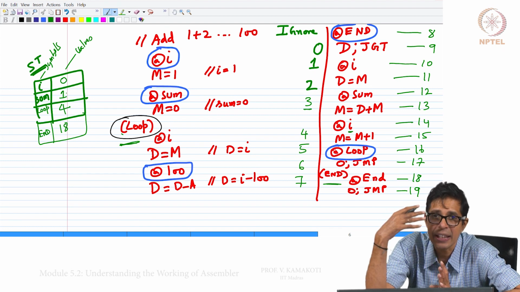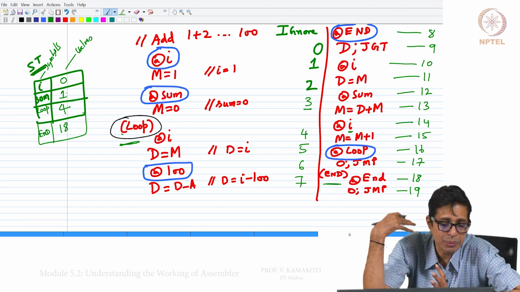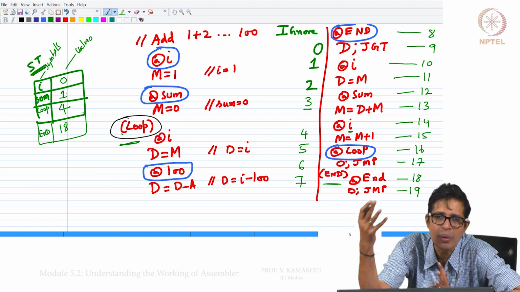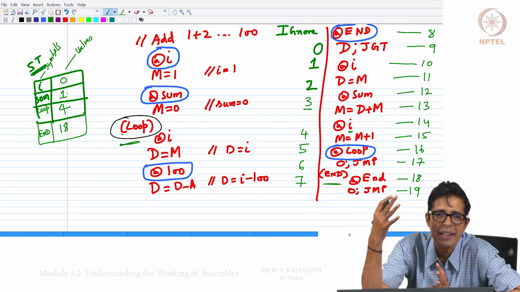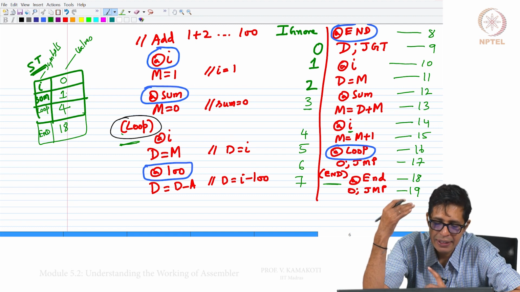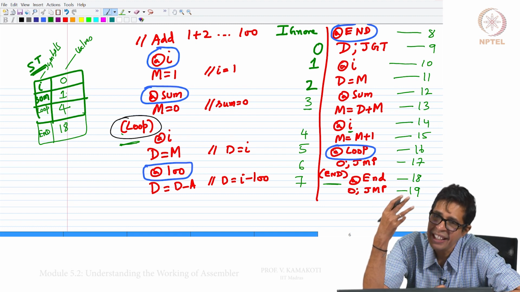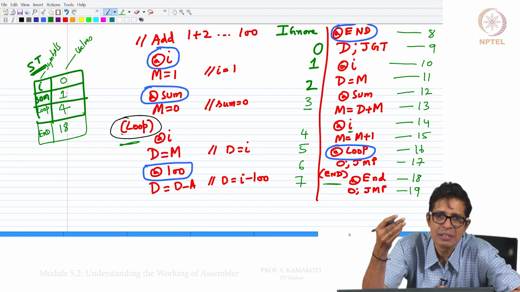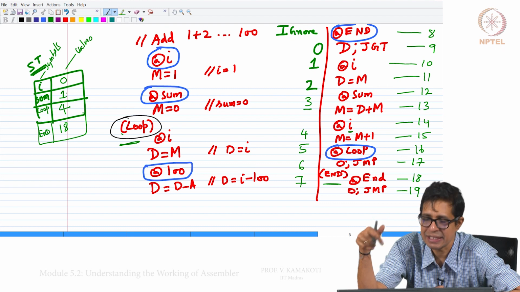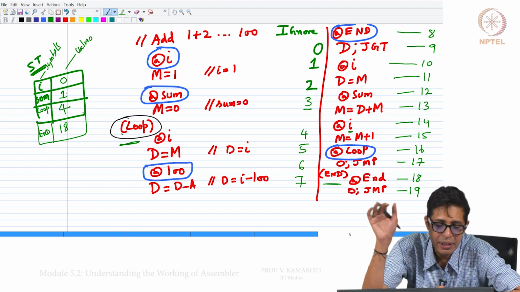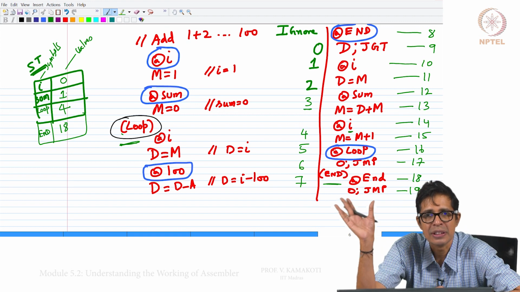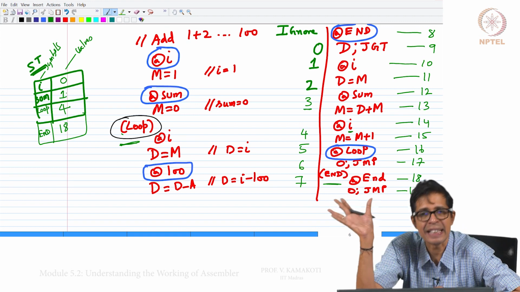Now, what has happened as a part of your first pass? All the symbols have been resolved, and we had clearly made a distinction between whether it is a label of the program inside the instruction memory or it is data pointing to some variables in the data memory.